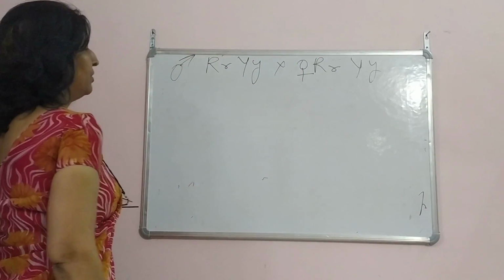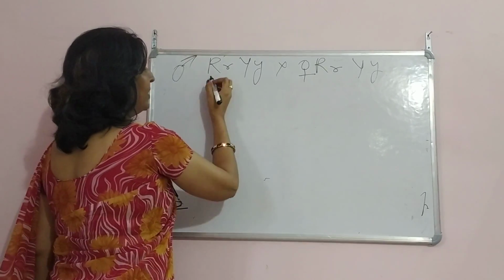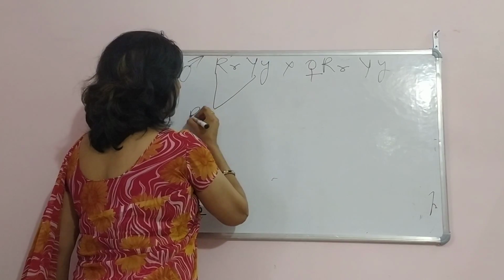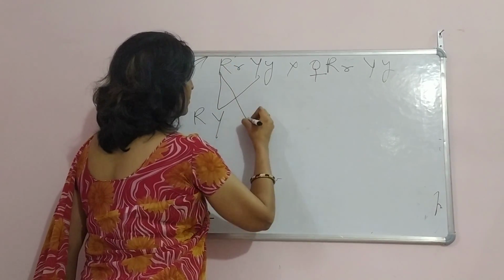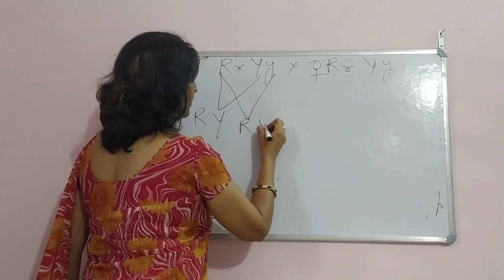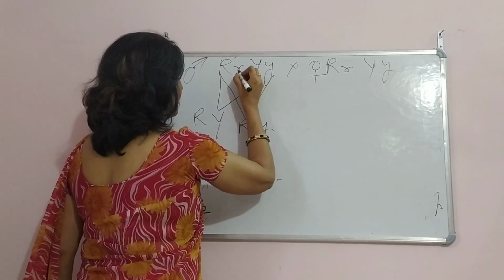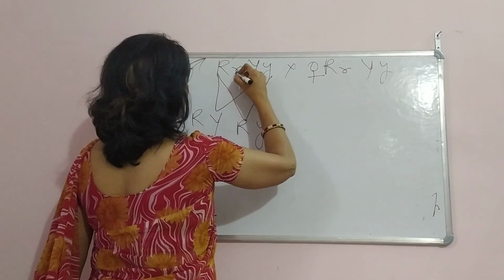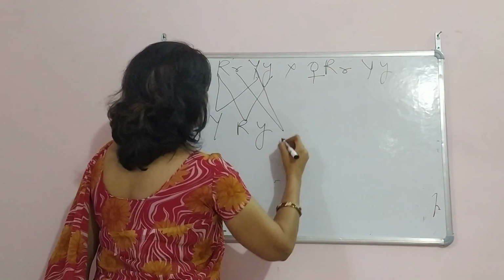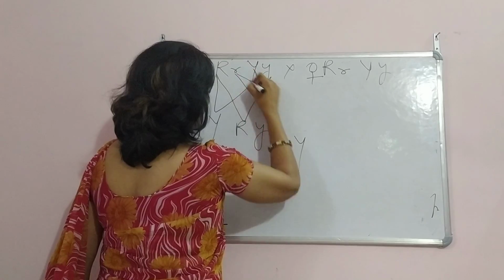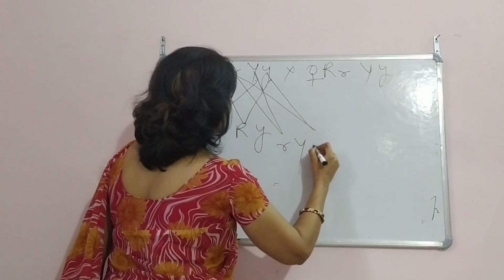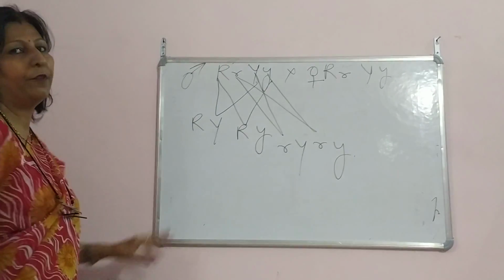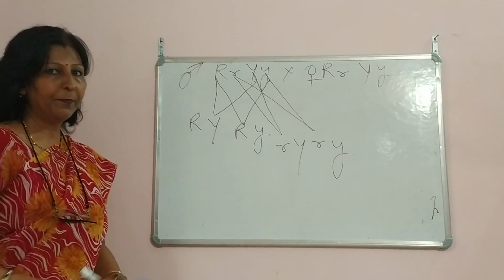So two different genes. Now when we cross, when the gametes are formed, once it is formed with capital R and capital Y, and once it goes with capital R and small y. Got it? The other time, it will be small r and capital Y. And then comes small r and small y. Got it? So it has got 4 types of genetic constitutions. You can use a red marker.